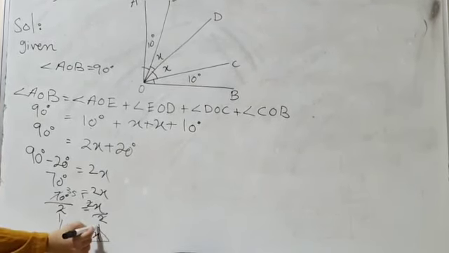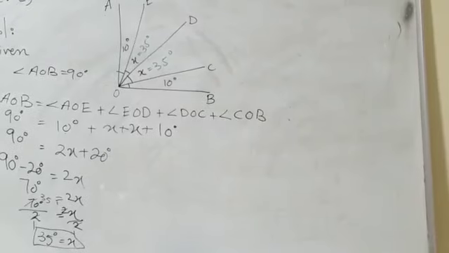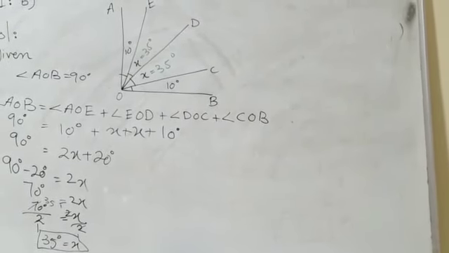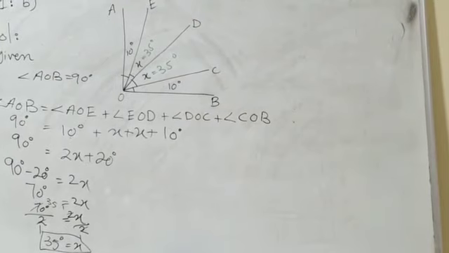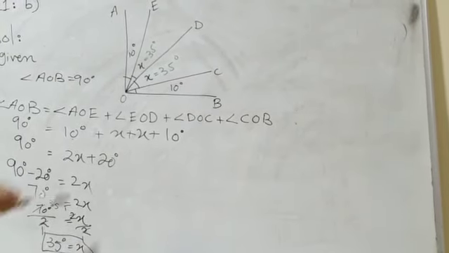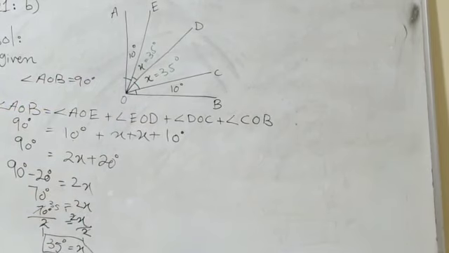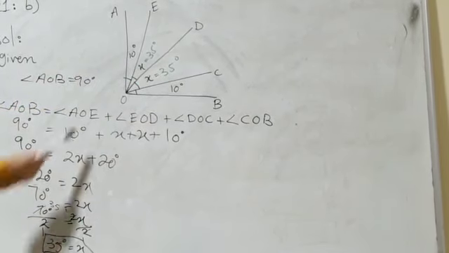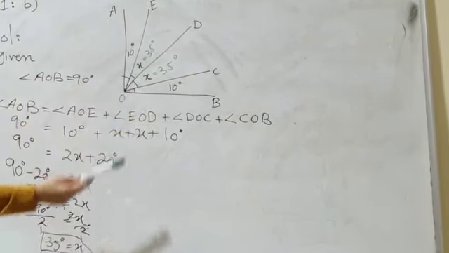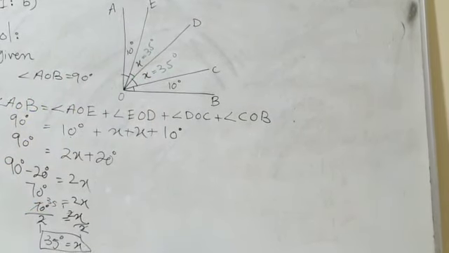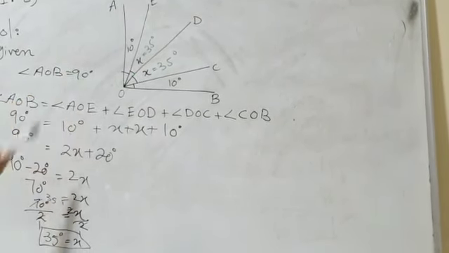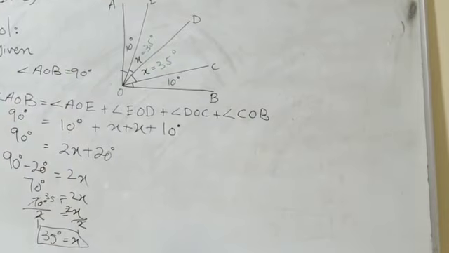The unknown angle here is x. You can also recheck this question, put the values in your given figure, and now add all the angles, that is 10 plus 35 equals to 45, 10 plus 35 and 10. All these angles will add up to 90 degree. So remaining parts are your homework. Complete that on your notebook.